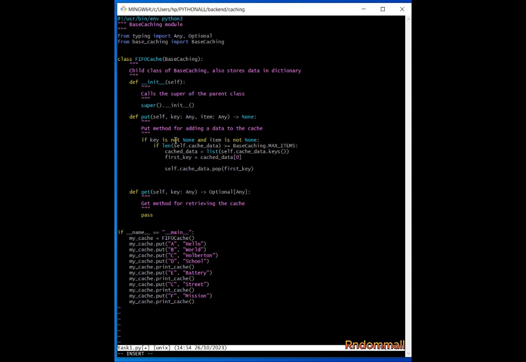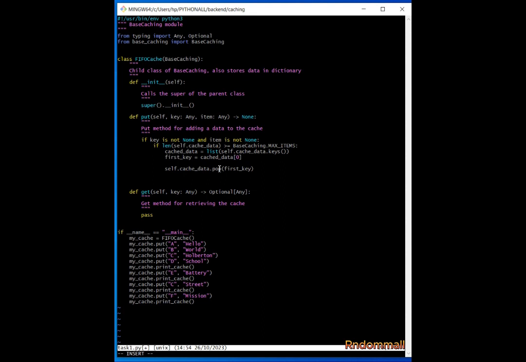We converted the cache data, which is the dictionary, to a list, and then we retrieve the keys and saved it to cache data, and then from this cache data we retrieve the first key and save it to first key, and then